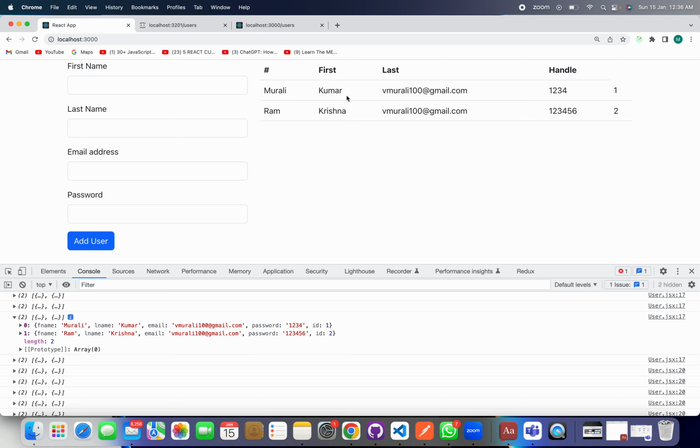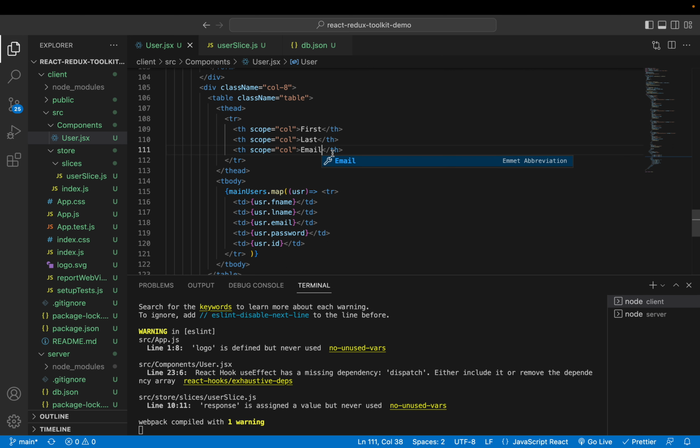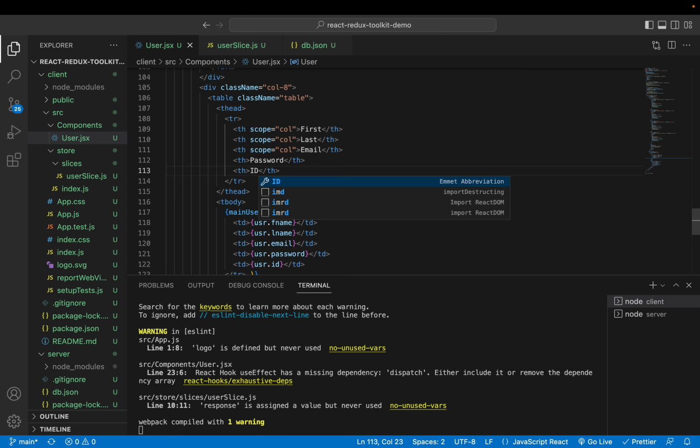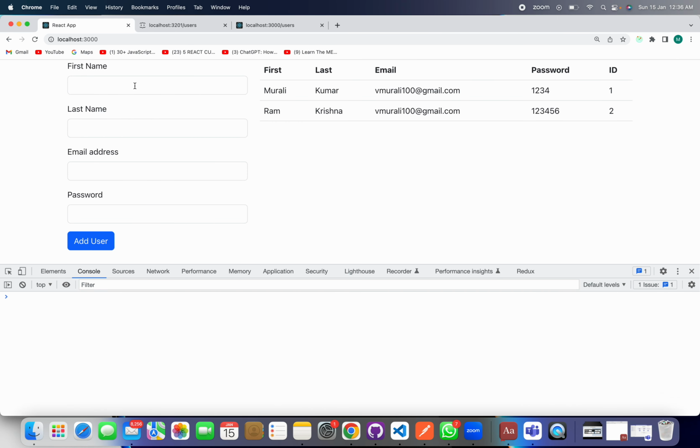Have fname, put it in this cell first. Fname, lname, email. Perfect. So when I add a new user, Kiran